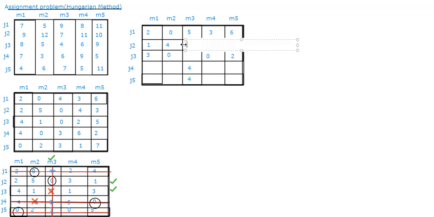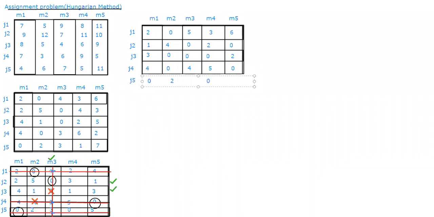And here we have what? 0. Sorry, 0. That's it. And here also in J3 we had what? 0 only. And here whatever we had in the covered part, 4. Then we had 0. Then we had a 5 and then we had a 0 again. Same, I am filling up the same things. So here 0, then here 2, then 0 and then 5.